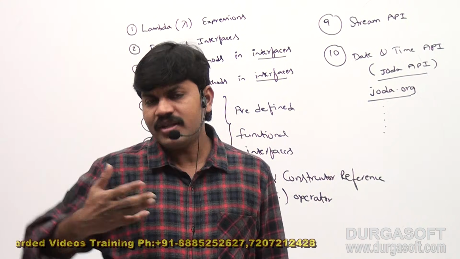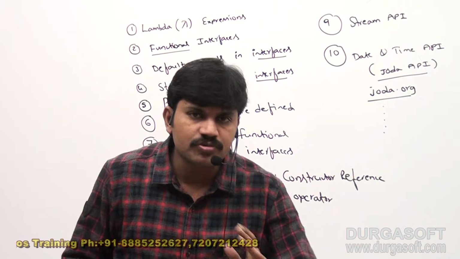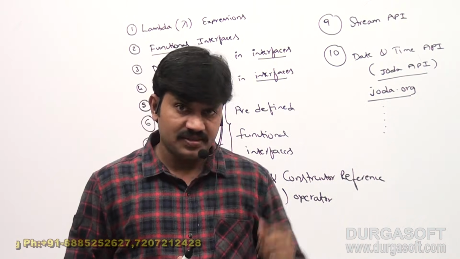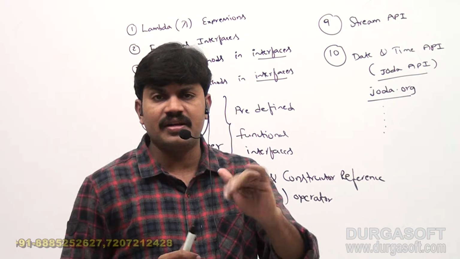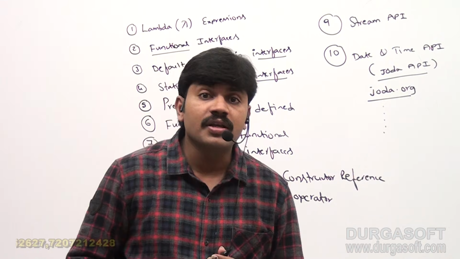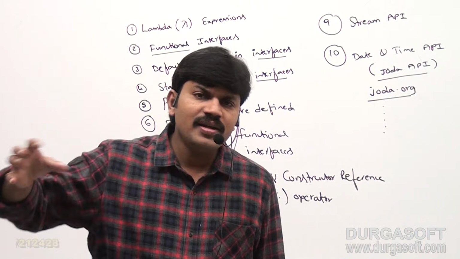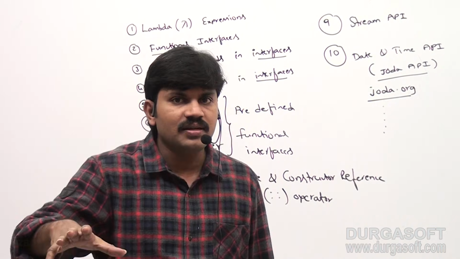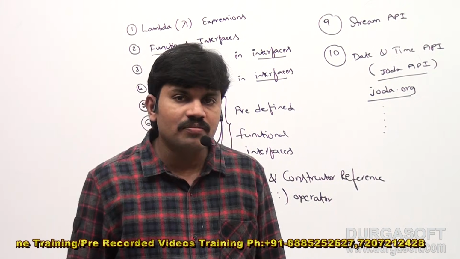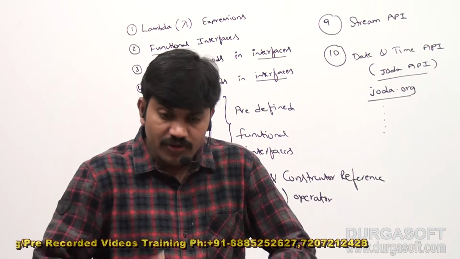But what is the speciality of Java 1.8 when compared with the previous versions? The first version of Java came in 1996, Java 1.0. Now it is almost 2017, so around 21 or 22 years ago Java came. From 1996 to 2017, the way of writing programs has completely changed. Even hardware improvements are there, and after that, software coding styles have improved.